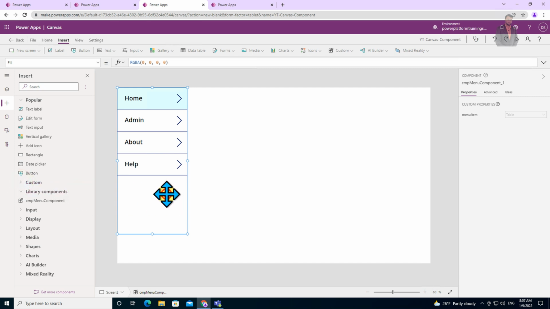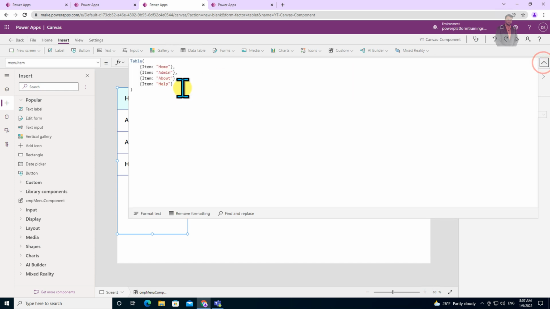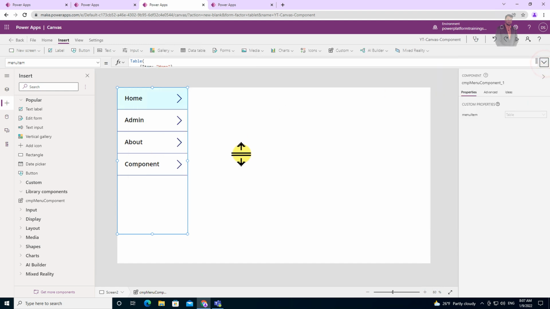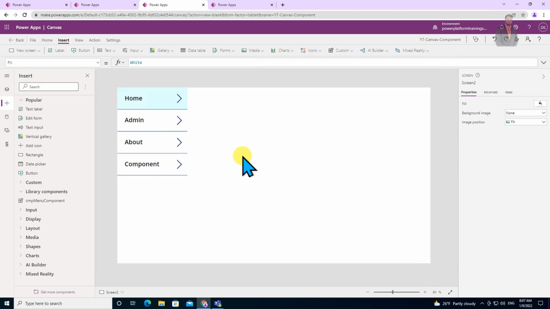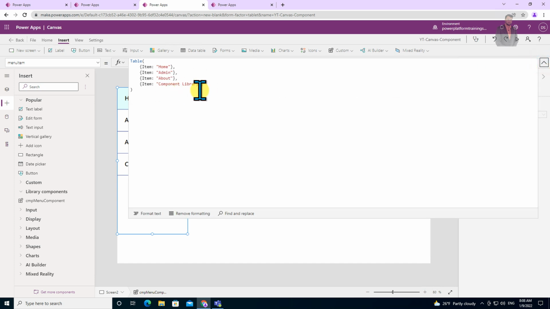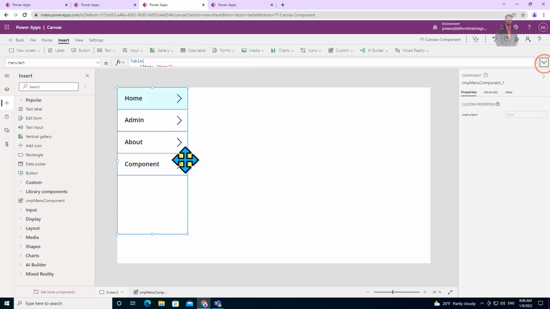Now let's configure its properties. Let's click on this menu item, and over here let's say I just want to change this help menu to component library. So let me change that, and in the same way on the label we can print the value. So we change this particular thing over here, and you can see this component will appear over here. So component library, that is something we have added, right?